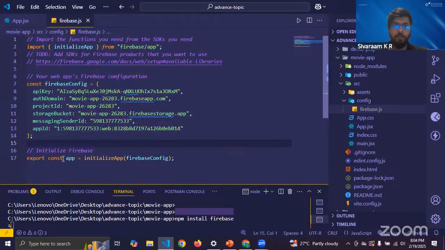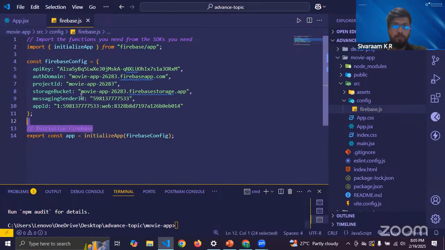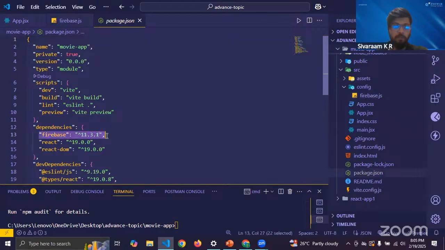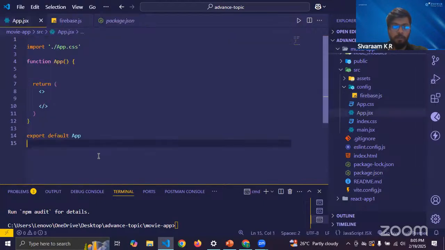Okay. Once you do this, after this app, you need to export another thing called auth for your authorization. Whenever you want to sign in and log in, you need to use this. So how do you do that? Here I'll remove all these comments so that it won't be confusing. Let me check whether Firebase has been successfully installed. If I go to my package.json, here you can see Firebase has been installed. Okay. So now I'll come here